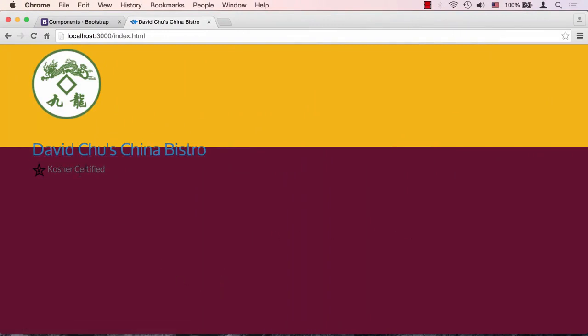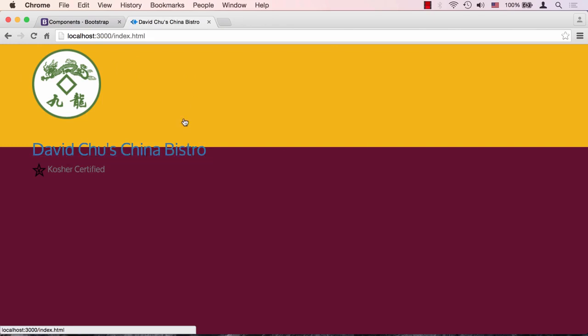It's kind of pushed down here, and this is kind of ugly looking. But the first thing is we need to take this and move it right here in this region. The reason this is going down is because this is nothing more than a div. So this is a div, and this is a div. So obviously they're stacking one upon the other. Well, since David Choose China Bistro is wrapped around with the class Navbar brand, and that already is floated left, as long as we make the logo float left, we'll have nicely David Choose China Bistro aligned to the right